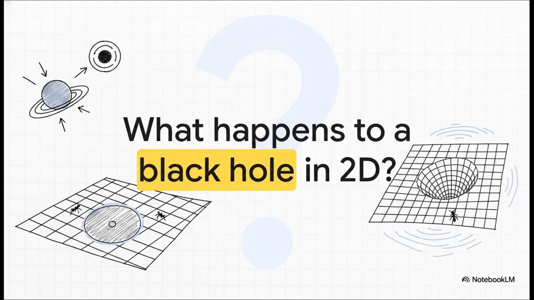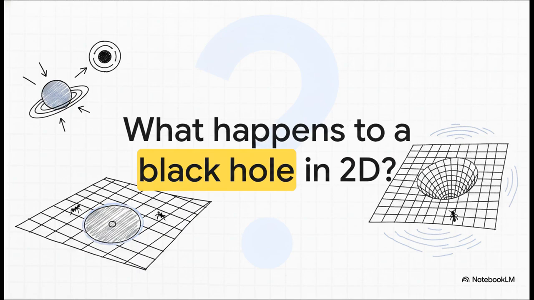You see, in our standard 3D world, a massive star collapses under its own weight and naturally forms a black hole. But in a 2D world, pure gravity is actually what physicists call locally flat. Think of space-time as a taut rubber sheet. In 3D, dropping a heavy bowling ball onto it creates a deep dip that pulls other objects in. But in 2D, placing a mass on that sheet creates no dip at all. Objects just slide right past each other without pulling on one another. There's no inherent gravitational attraction, no standard gravitational waves rippling through space. So if gravity doesn't even pull things together in two dimensions, how on earth could a black hole even exist